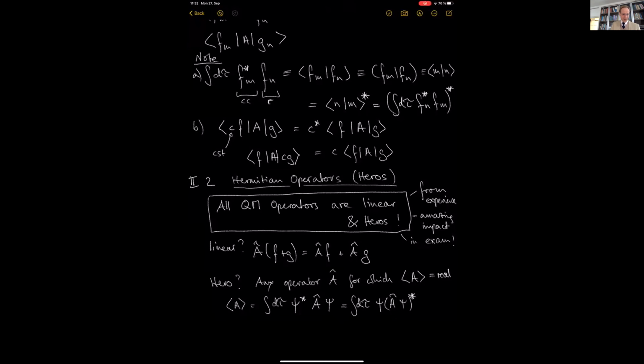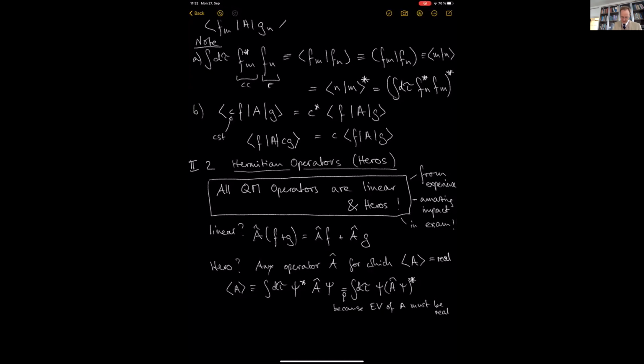And that is also the same as saying, this is because the eigenvalue of A must be real, right? And then, so this is an identity, and this is also an identity then